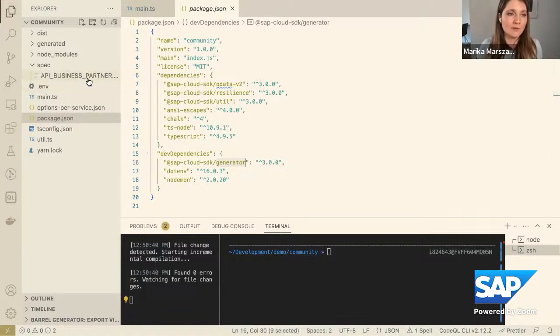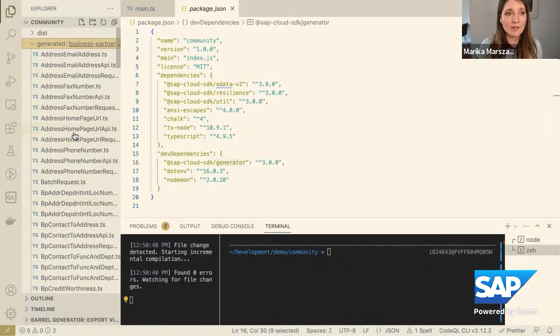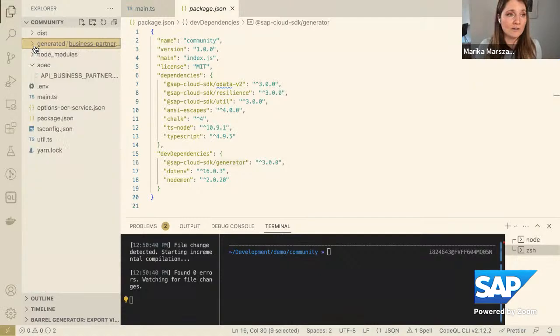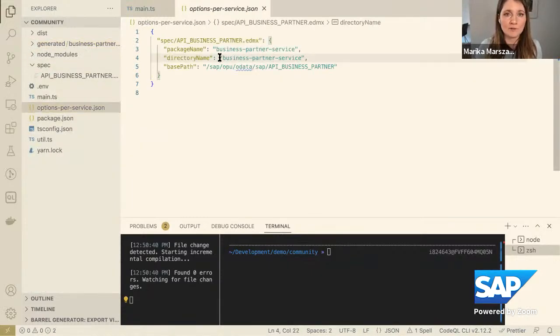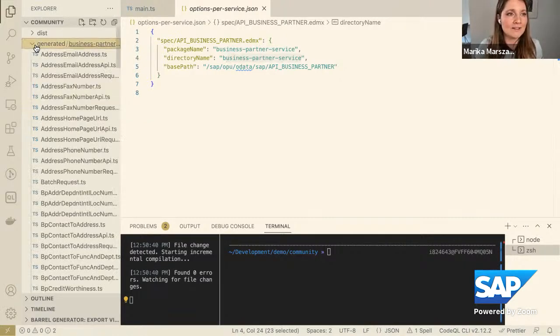I downloaded the business partner API specification from the SAP API Business Hub and then generated my client. This is the client. I did not configure much in this client. I only used the naming options, because I wanted nicer naming for my directory name, so I used these options that allow me to improve the generated results. But generally, I did not use any special